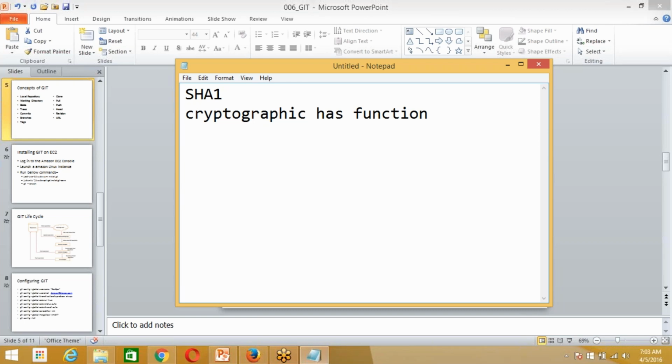In centralized, as I said, all the data is going to be stored in a central server. All the users, those who are pulling or pushing the code, are concurrently connected to the server. Let's say 50 or 60 members are at a time pulling or pushing the code.